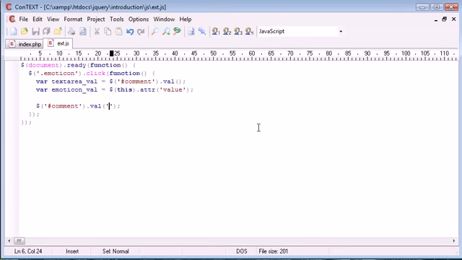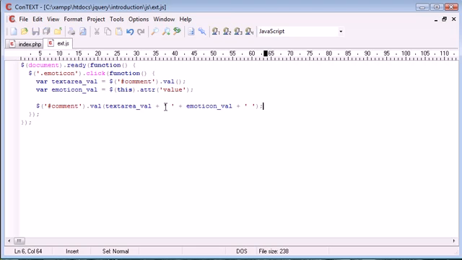So the value that we want to put in is obviously the text area val, and then we want to append on a space and then the emoticon val. So we're just re-putting this text area value back into the box. Val will actually remove all content and then just re-put this content in. If we were to use something like append, it would act, I guess, in the same way, but in this case we're using val. And then after that as well, we'd want another space,